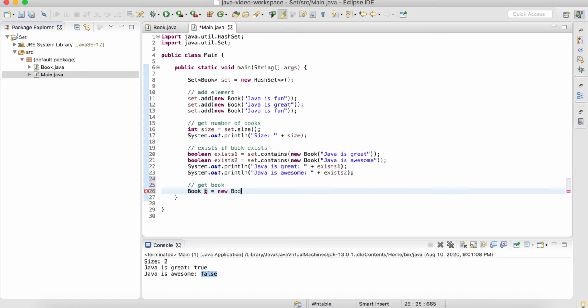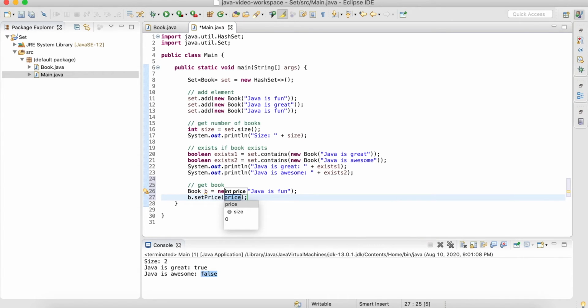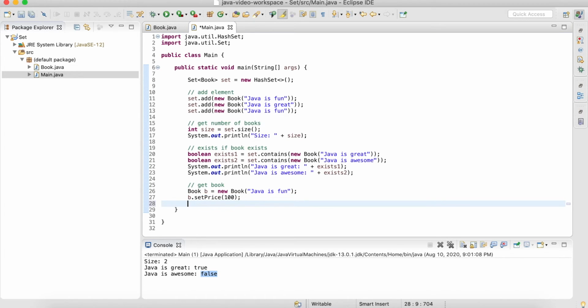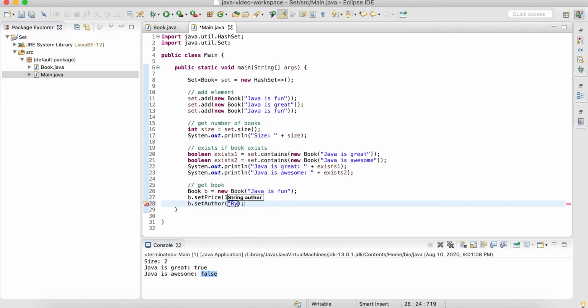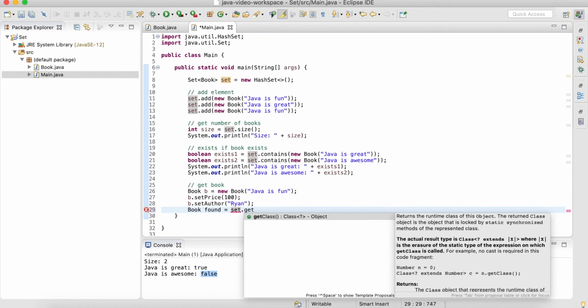Call it B. I call the constructor Java is fun, and I set a price 100, and I set an author, pass in Ryan, and now what I'll do is I create a variable called found, and I call my set.get